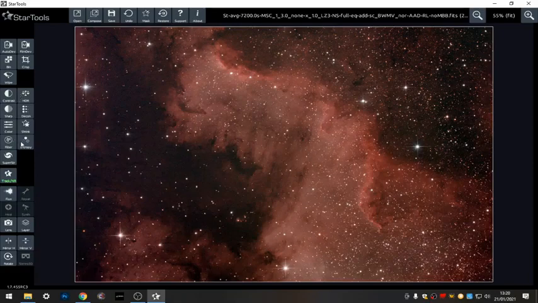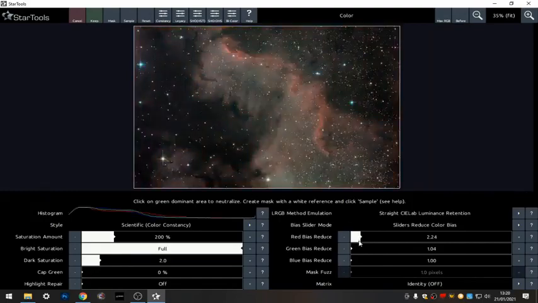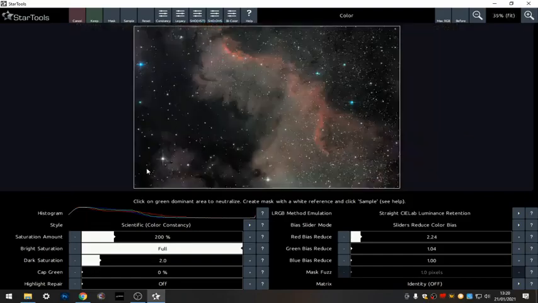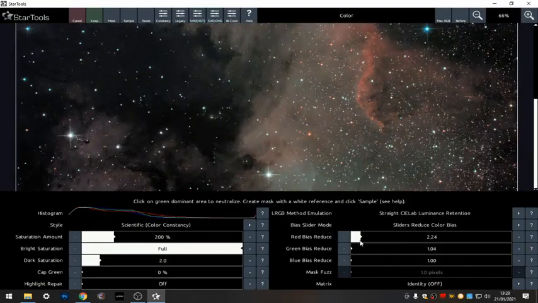Now we're going to colour our stars. So we need to go to colour, wherever it is. There it is. And this is purely for the stars, not the nebula. So get the stars into the colour we like. Blue stars blue, the red stars red, and the saturation that we want. Blue stars, red stars. Yeah, I like that. So keep it and save it